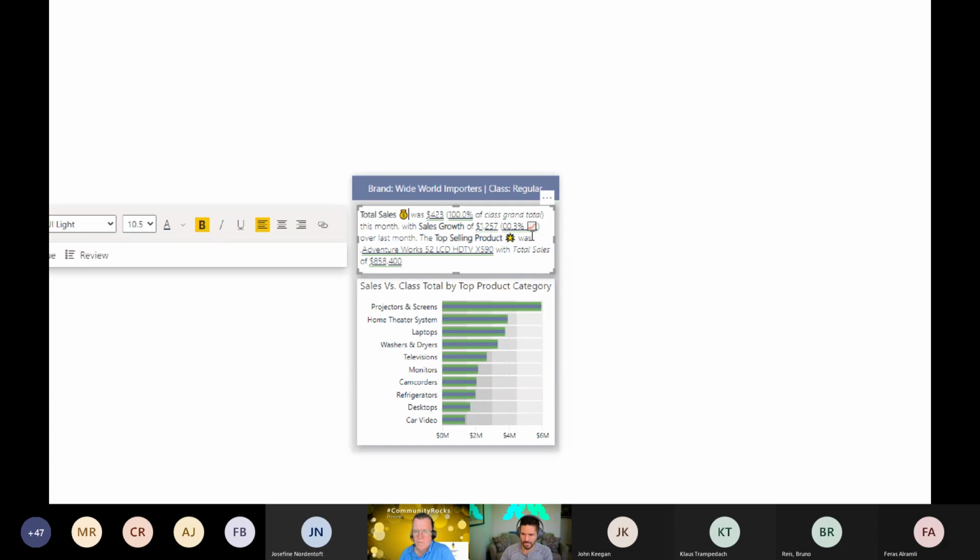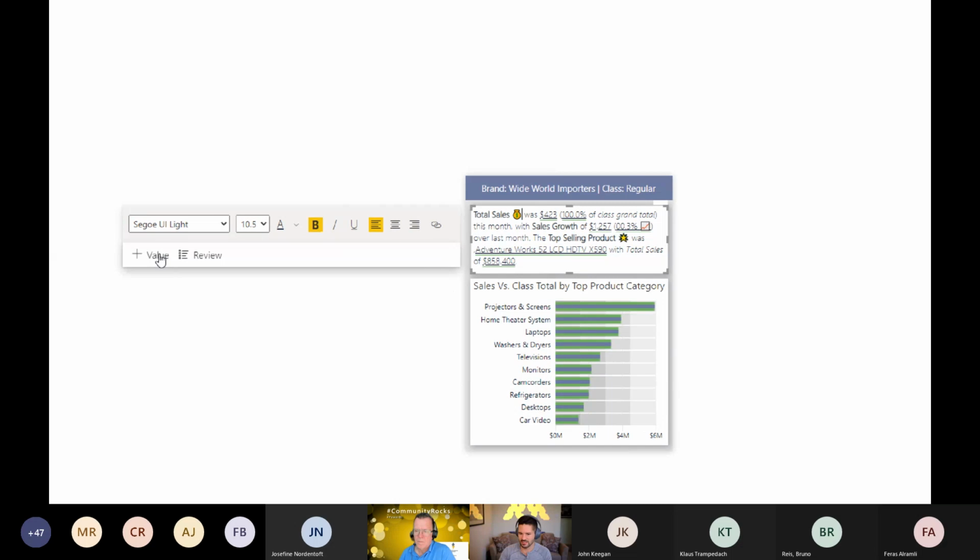But otherwise, everything that I have in here, these are all just measures that I wrote in my model and brought into here. So I wanted to show you the implementation of that, and the, while not perfect design for putting the measures into it. I'm hoping at some point they get rid of the Q&A and just make it a bit simpler. But for today, that's just what you essentially have to work with.